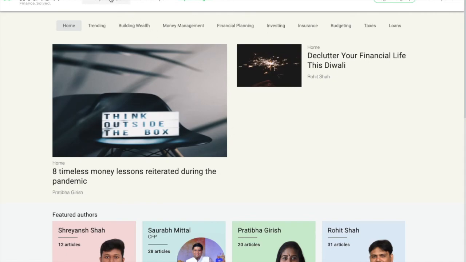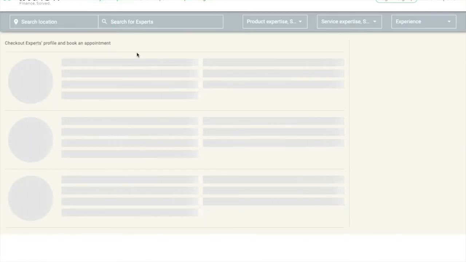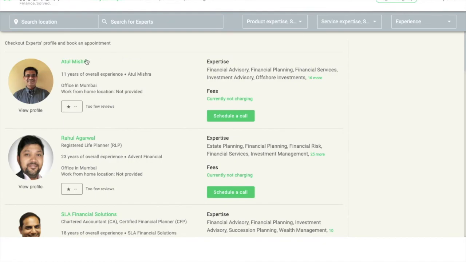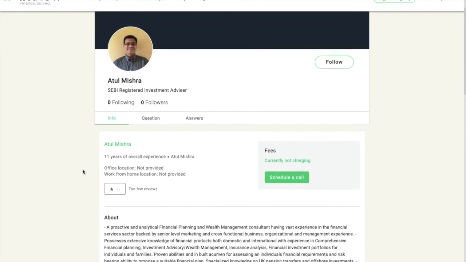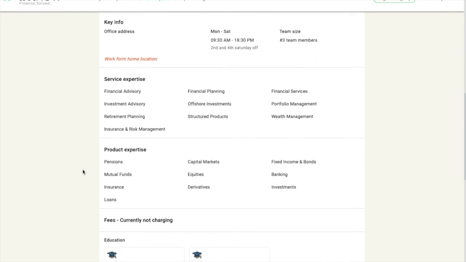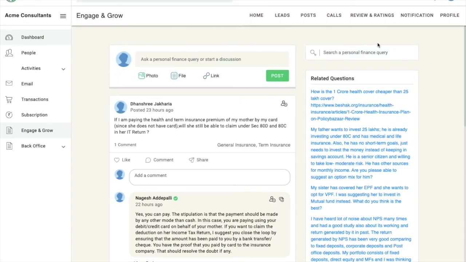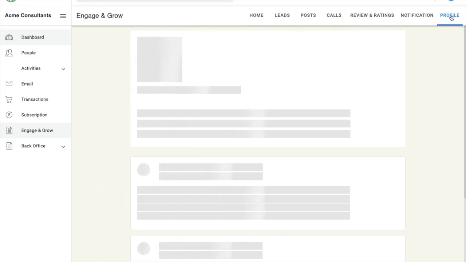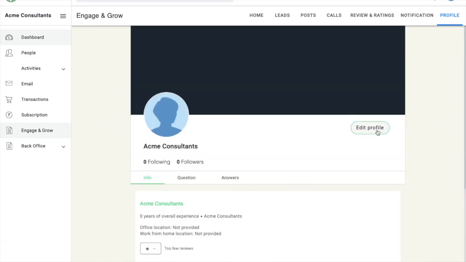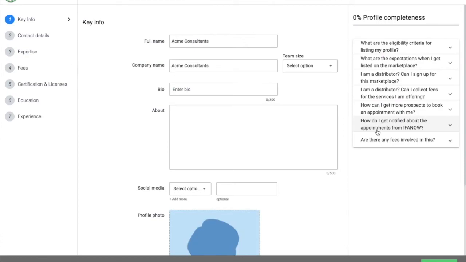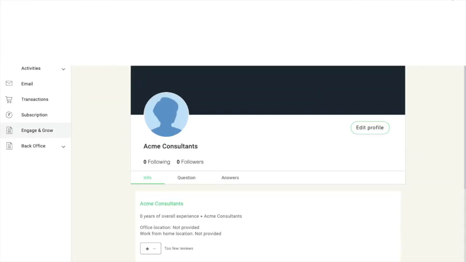Now, if you are wondering how you create your profile over here, so for example, if I check out this advisor, and if you're wondering how this advisor would have added all these details over here, it's pretty simple. I'll just show you. So back in the admin module, you have to go to your profile, and when you click on edit profile, you will be able to add all these details. So just do that and get yourself listed and start getting connected to verified investors. I'll close this.